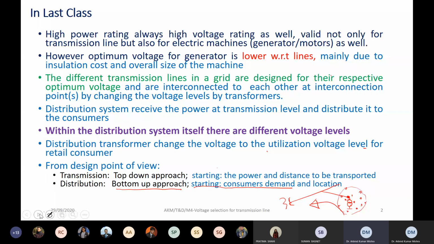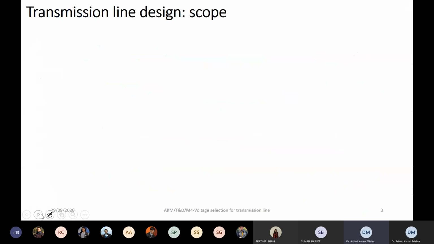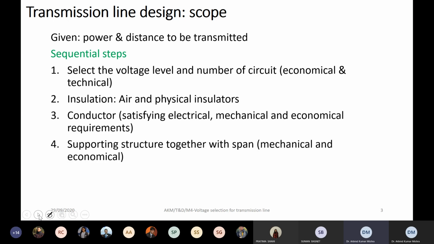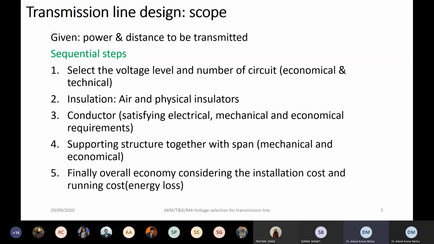Okay, so then we discussed that, yes, in the transmission line design, what we are going to discuss in this course. I will go one by one through all these parts in this course. Just in summary, I will recall that we have discussed basically the 5 steps by which we complete